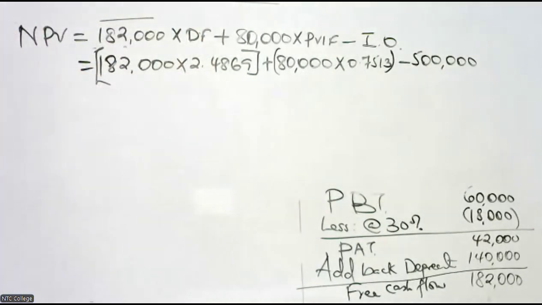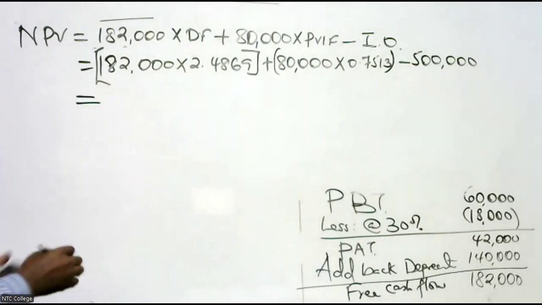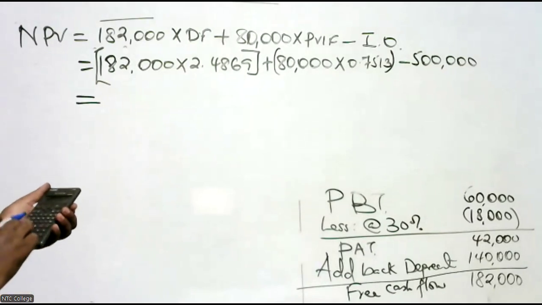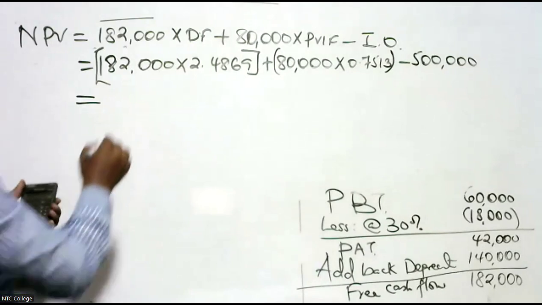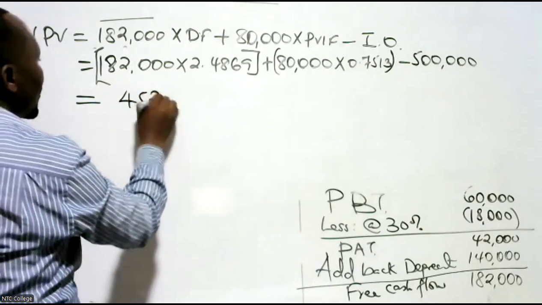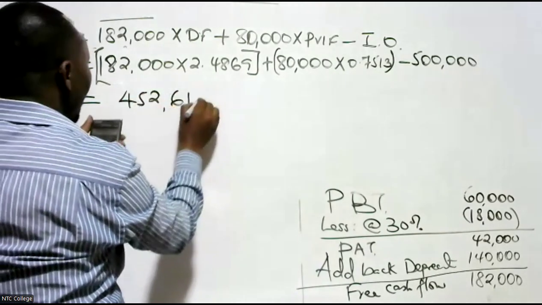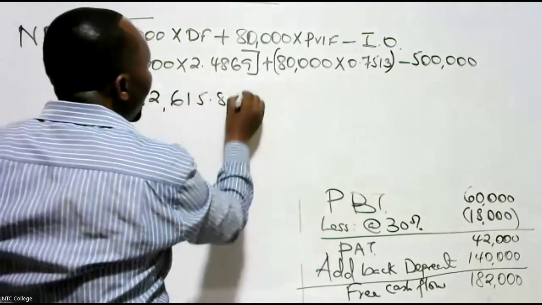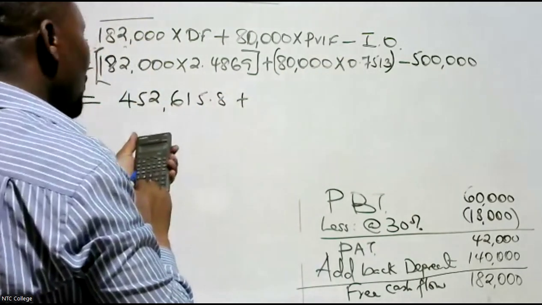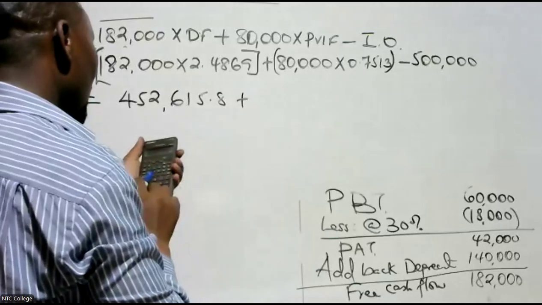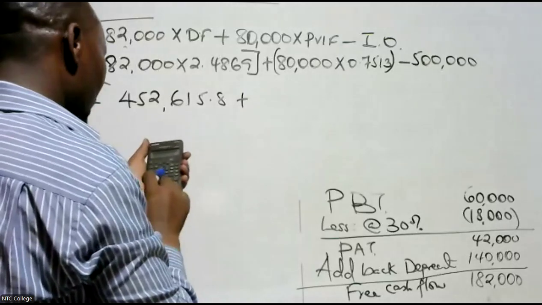So make sure that you discount all the cash flow that you get during that period. So we have here, this one looks like, I was calculating it 182 times 2.4869. That gives me 452,615.8 plus 80 times that. The equivalent value of 80,000 in the future, today, the equivalent value is